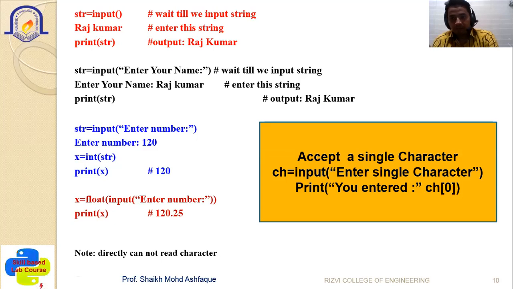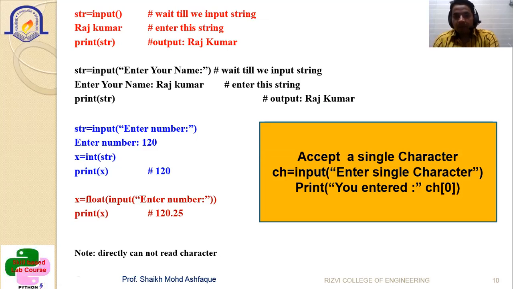But if you want to display some prompt to understand what we have to enter, for that purpose inside that round bracket you have to write something. So you are writing str is equal to input. Input is your method to accept the input from the user. Then inside the round brackets you are writing enter your name. So that prompt will be displayed whenever you run this. So you will come to understand, yes, I have to enter the name.